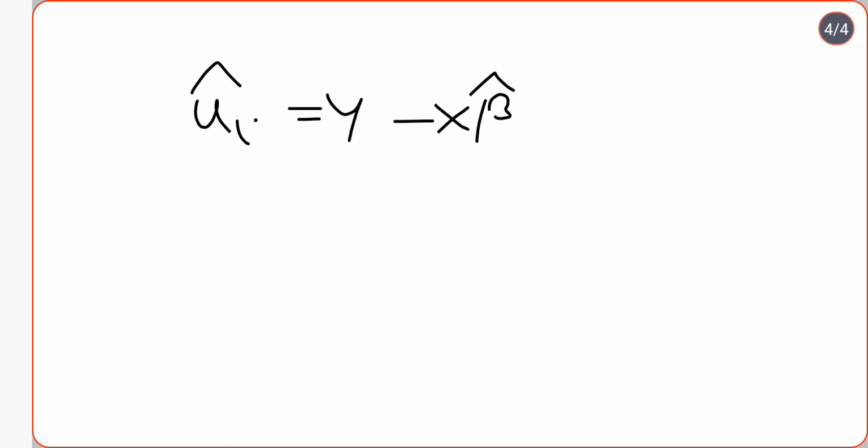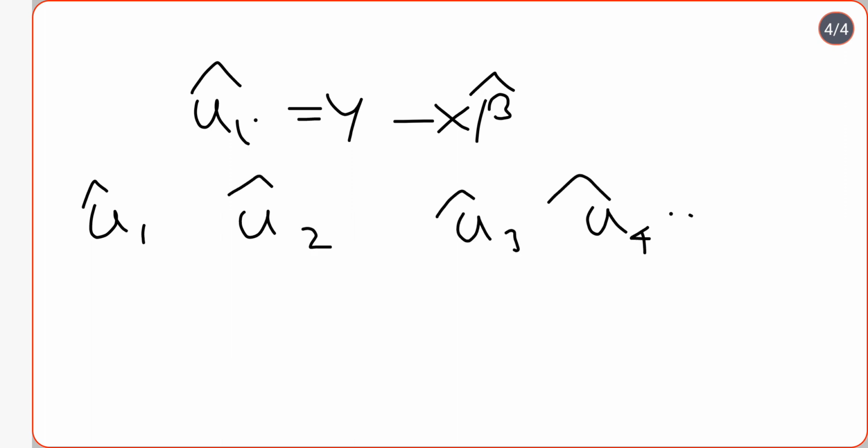So at first we will basically sum the errors. At first we will take the squares of the errors. So ui hat means u1 hat, u2 hat, u3 hat, u4 hat, all of the observations, all of the error terms, and it continues up to un hat. At first we will square the error terms. So it has now become u1 hat square, u2 hat square, u3 hat square, u4 hat square,